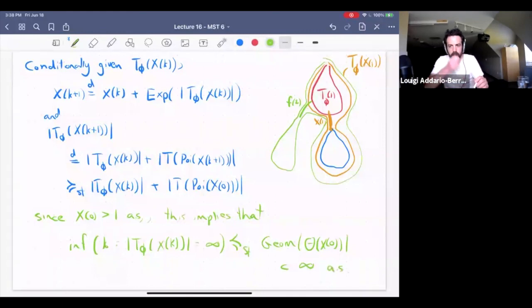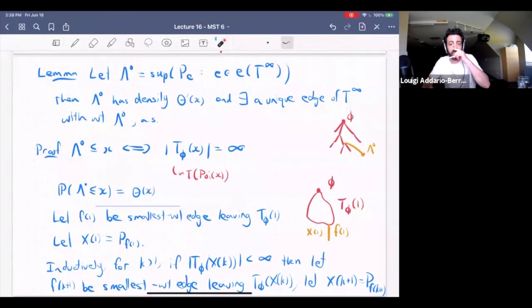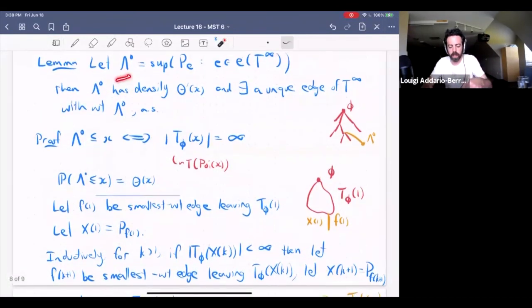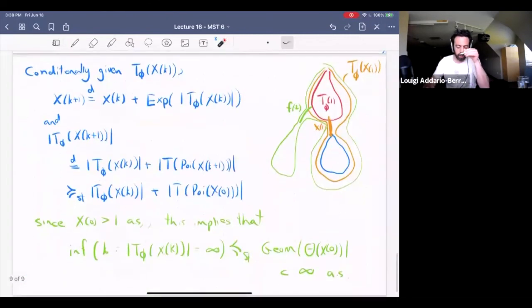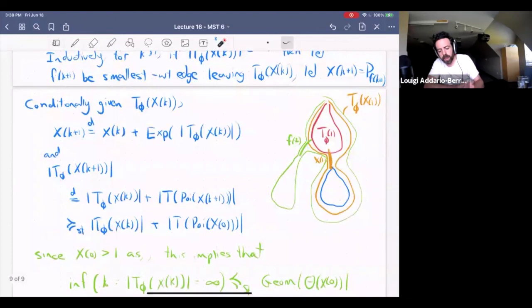Okay, so why does knowing that this process is finite almost surely tell us that there will be an edge of the tree T infinity, the Prim's tree from the root, that has weight lambda naught? Well, what does Prim's algorithm do? It always goes for the smallest weight edge, right? So it will first explore all of these edges because they all have weight less than